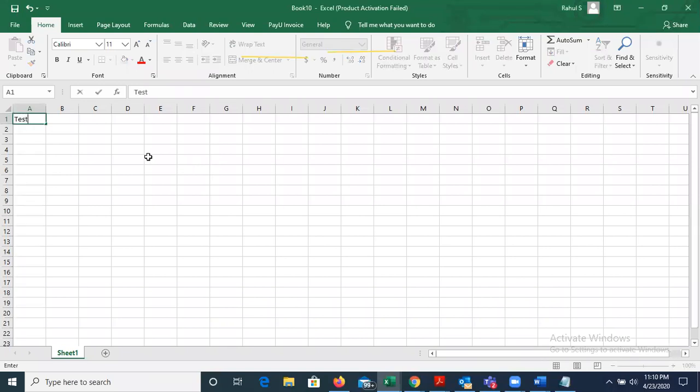So I'm giving some sequence here, and let's say I'm giving this name as test case ID. Then what I need to test. For that I write test description, or I say test objective.